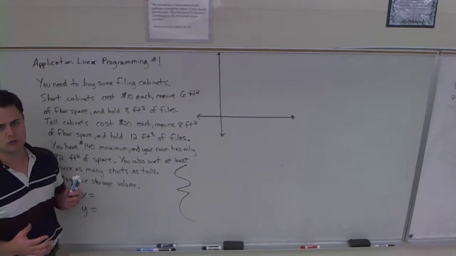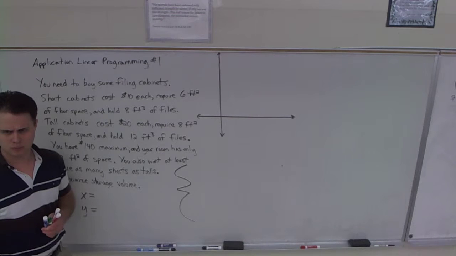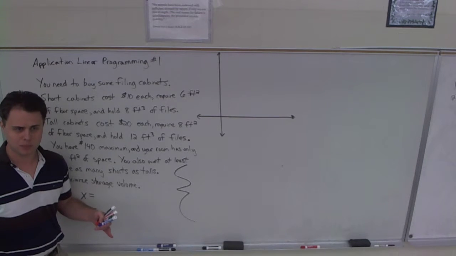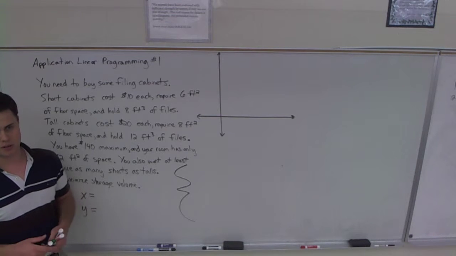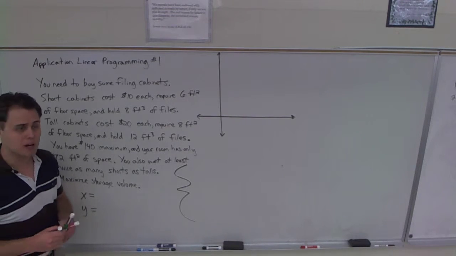What do we have control over combinations of? We have control over space? We have control over money? Do we have an unlimited budget? No, we have a budget. It's $140 at most. No. We have control over what we buy. How many of the